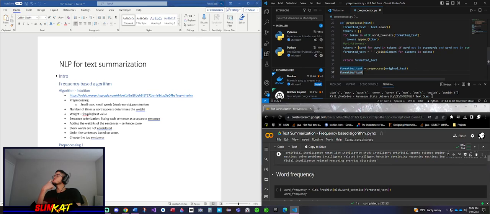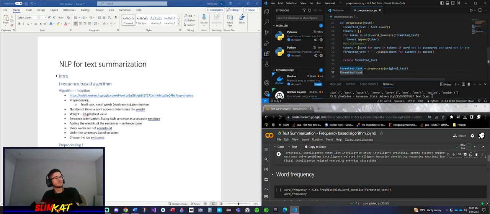So we are going through each one of these words, and we are going to check if each one of them is considered a stop word. But first, let's add to this list: tokens.append token. Let's run this code and try to run this function again. An error was returned because we need to execute this code,